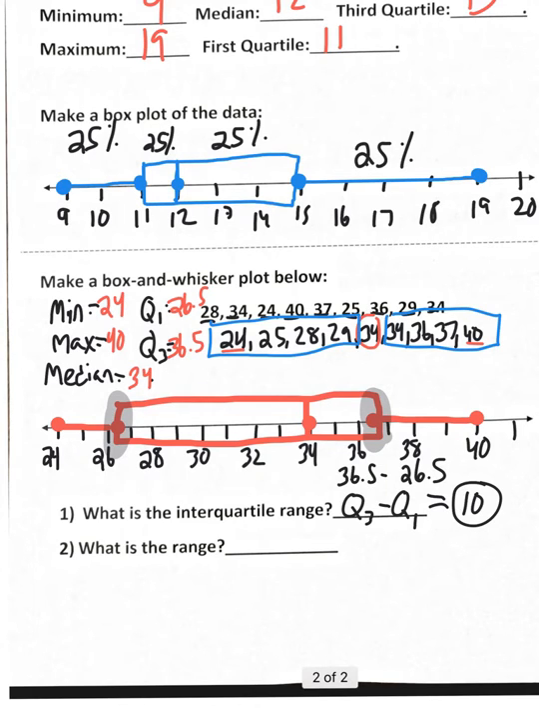Okay, big minus little. Did you do 40 minus 24 and get 16? The range is 16 because here's your big, it's your maximum, here's your little, it's your minimum. So there are two things. You can find range and interquartile range from a box plot. But now,